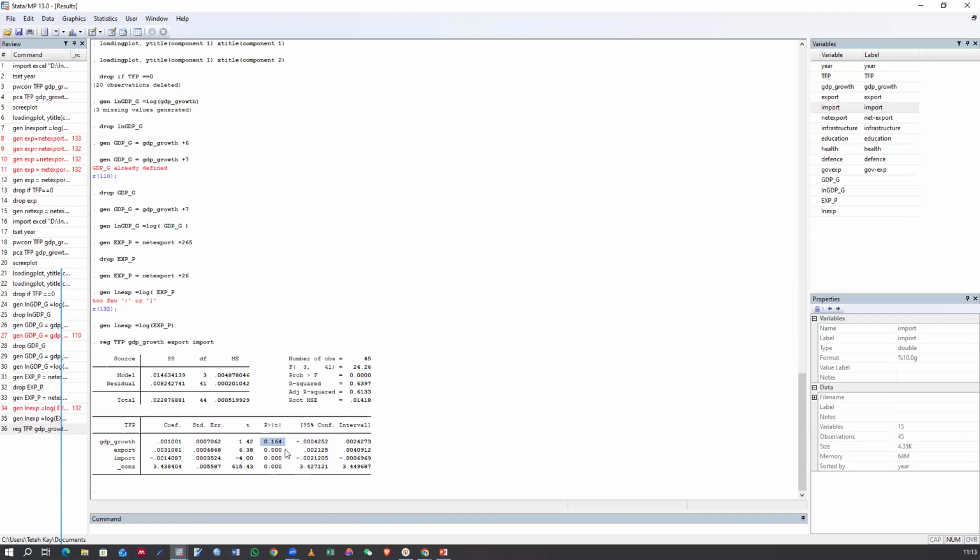We can write to support that, yes, GDP growth affected this, but it's not significant. Now, when we come to export affecting TFP at 0.003, it's significant because of this p-value here. And this is also significant,